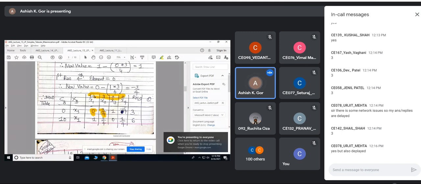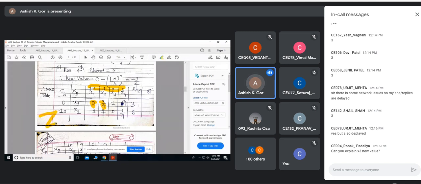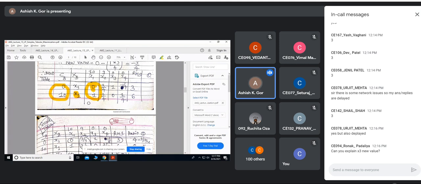10, 9, 0, 0. You find Zj. Can anybody tell me Zj? What will be the values of Zj? Now it's not 0, 0, right? X1's coefficient is 10, so 0, 10. This is one vector. This is another vector. 0 into 0 plus 10 into 1. So it will be 10. Here it will be 10.